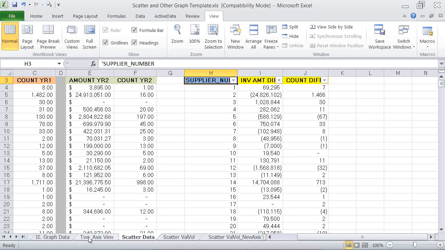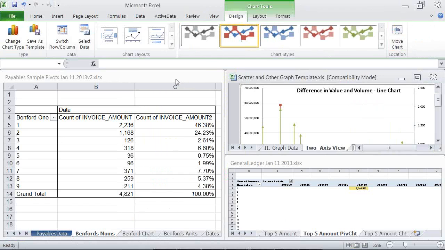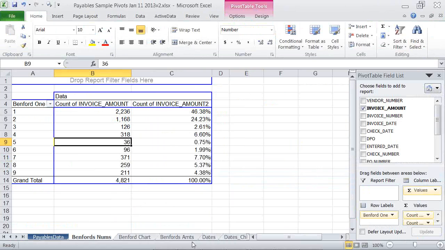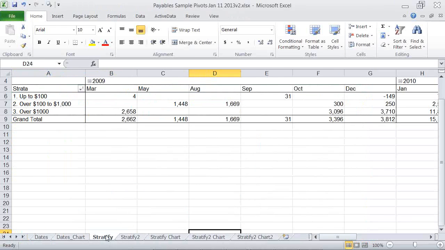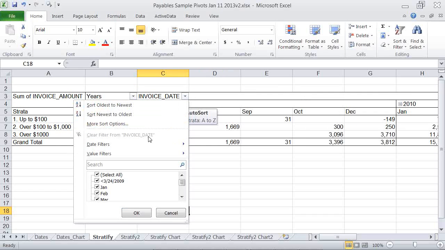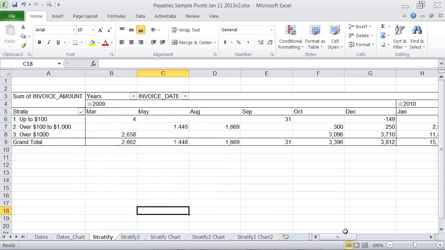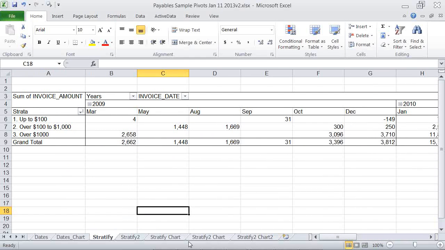Another way to filter, and something that I will actually go back to my payables one for, and again, all of these are preloaded for you to take a look at. In any sort of pivot table that you may have, you can actually, again, I'm not going into all the easy pivot table stuff. I'll just show you more of the advanced stuff at this point. You can, in this one, as you'll see in a minute, this has everything in it. It has 2009 through 2011.